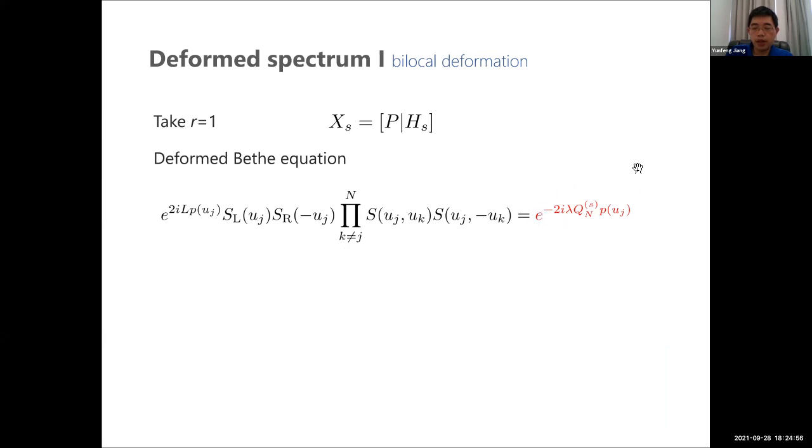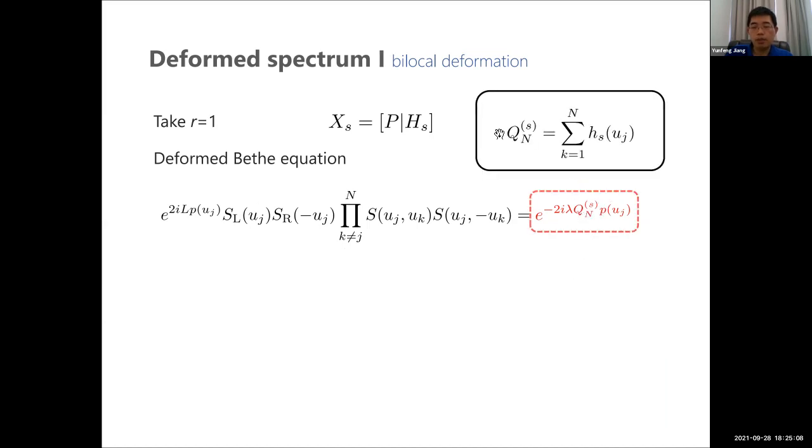So basically, the difference is here, the red part. We have an exponential factor, which involves minus 2iλ times Q_n, and this Q_n is nothing but the conserved charge of this H_s in the n-particle state. And this conserved charge is coupled to a momentum p_j. So if we look at the original Bethe-Ansatz equation, we see that this momentum p_j is coupled to the length